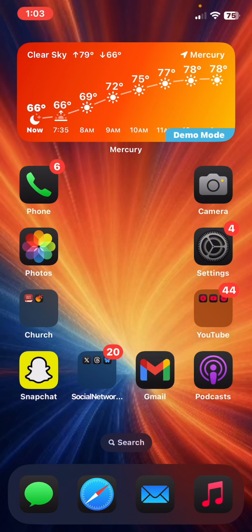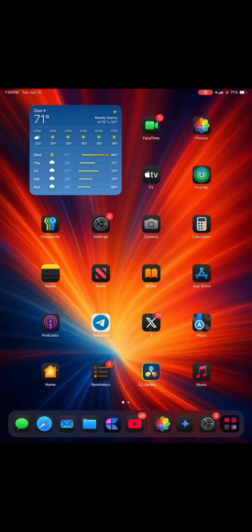Now there are some features on the iPad I will mention. While I didn't do a separate video for the iPad, I probably will. But I will quickly mention some features on the iPad as well. Again, while I didn't make a separate video for iPad, iPadOS 26 also has some features that are worth mentioning. Now, I don't have any screenshots of these features as of yet, but what I can tell you,